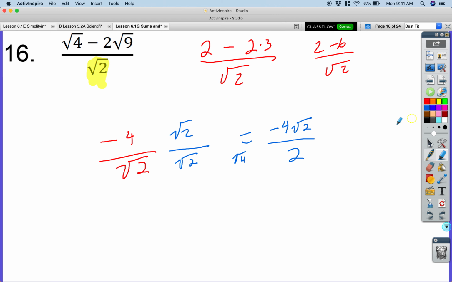Now I look at the numbers in front. If I gave you negative 4 over 2, could I square root that? And yes,